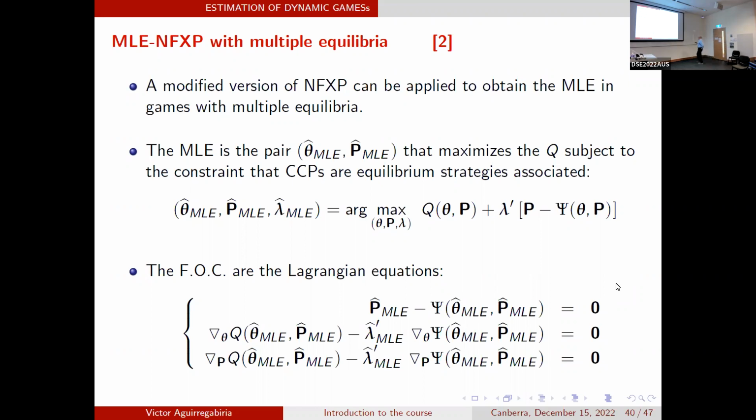Then we have the marginal conditions of optimality with respect to the Lagrange multiplier, which are just the equilibrium conditions. We have the marginal conditions of optimality with respect to theta, which enter in the derivative of the pseudo likelihood with respect to theta, but also in the restrictions. And it's lambda multiplying the derivative of the Jacobian of the Policy iteration mapping with respect to theta. And then we have this additional vector